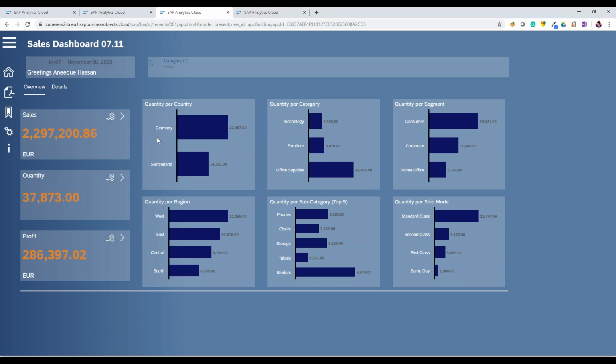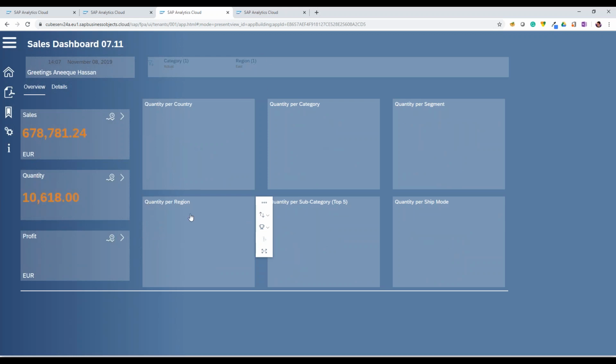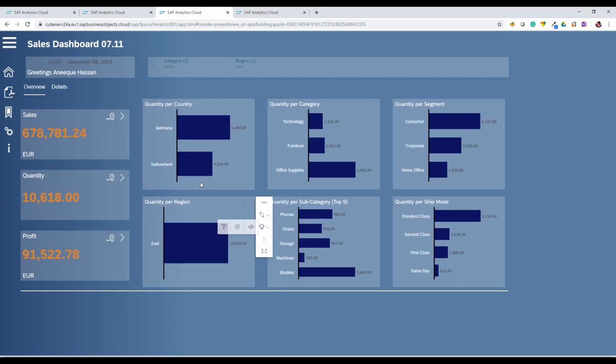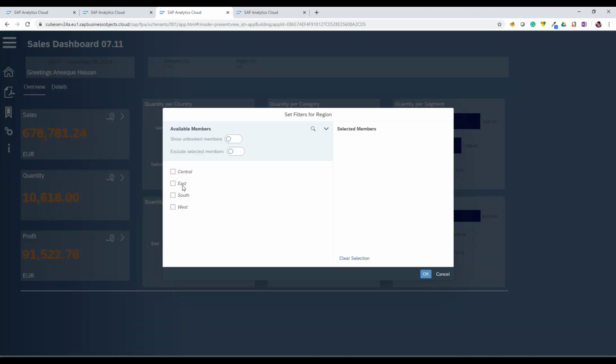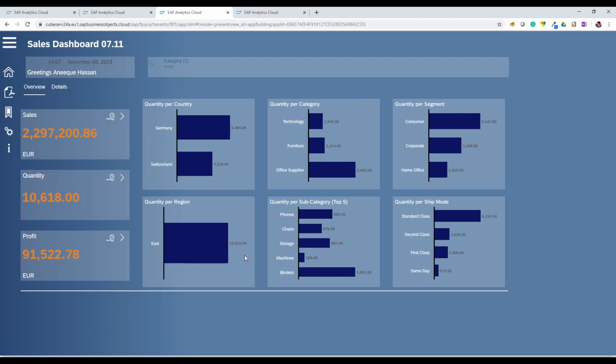Then we have on the right side, as I mentioned, our overview graphics with different measures and different dimensions. And here we can further select a filter by clicking on one of these dimensions. For example, I want to see the values for region East. I click on East, and then all of my data in the dashboard or application is filtered. The selected value of the member is shown over here on the top in the filter line component, which can be clicked and then adjusted according to needs again.